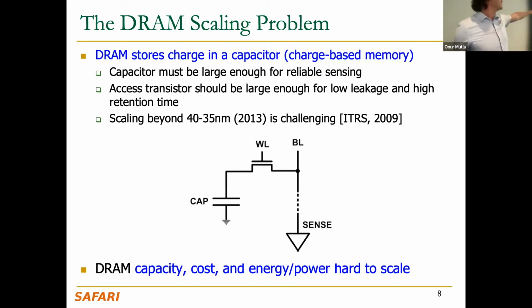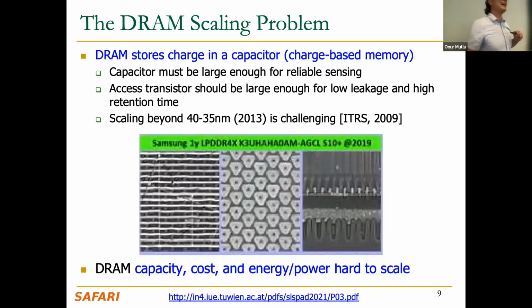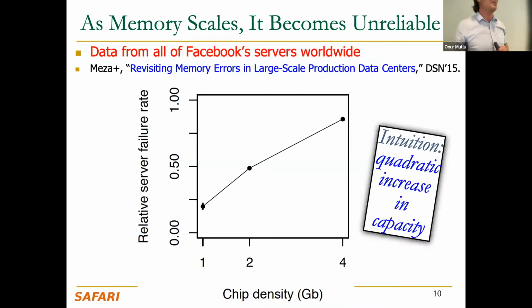And this is a virtual picture, if you will. The physical DRAM looks like this. It's like a honeycomb structure, which is very interesting also. So there are a lot of interesting effects that we're not going to go into. I'm not going to go into the device level over here, but I'd be happy to talk about that. Basically, DRAM is used in all memories today that we build, all main memories.